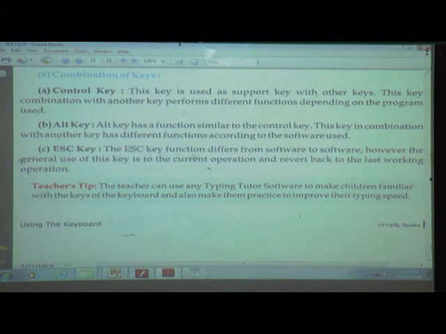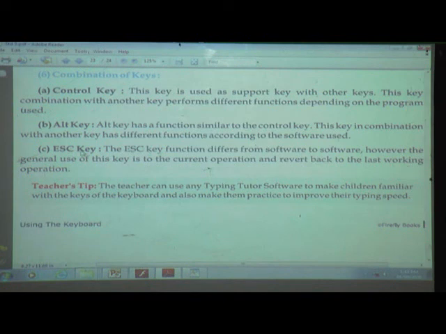The escape key function differs from software to software. However, the general use of this key is to cancel the current operation and return back to the last working operation.